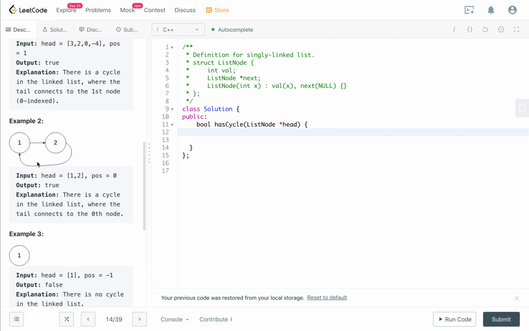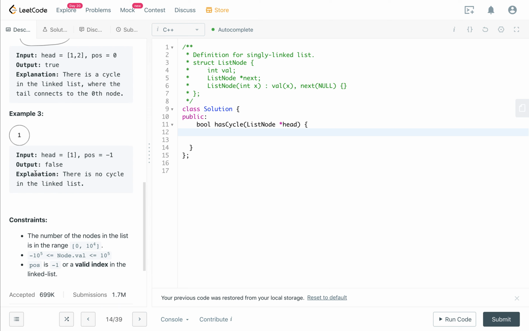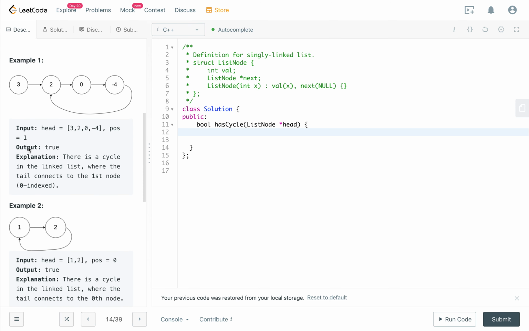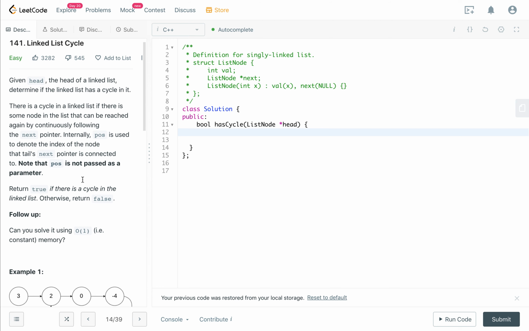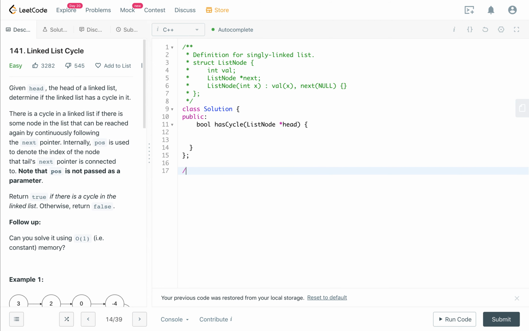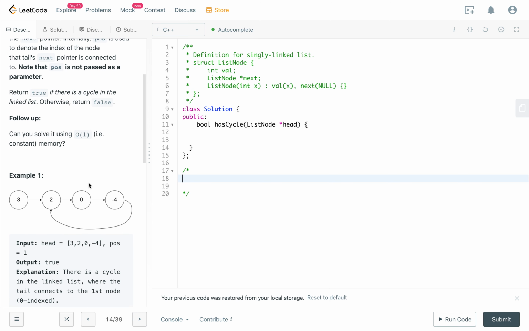Just like this, example 2, just like that. And obviously this is not pointing to anywhere in the linked list, so this is false. So this is pretty basic to understand. I think the hardest part is actually thinking of how we can solve this. So how can we find if there is